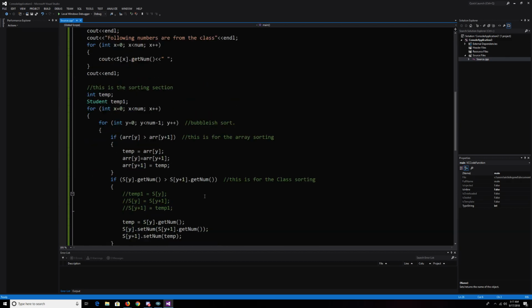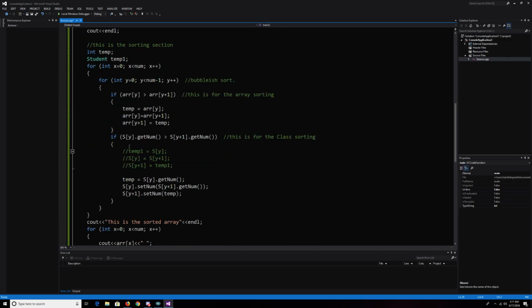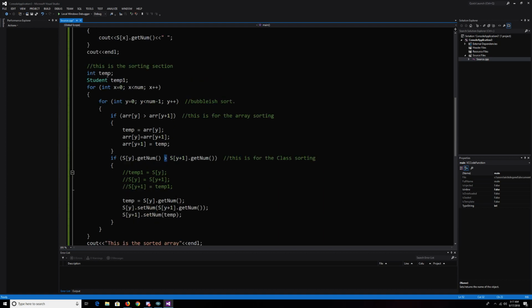Be aware that when I am sorting here, I'm comparing these two values, the getNum and getNum. Now, if I am going to sort string values, it would be the same thing. Fortunately for us, C++ is able to compare two strings and figure out which one should go first, using the same operator here. And when you sort, it would simply be, instead of int temp, it would be string temp,